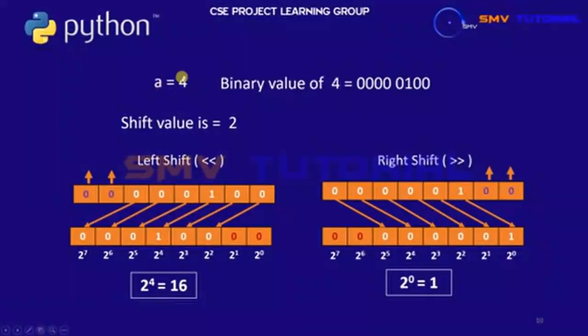First assign values, a is equal to 4. This 4 binary value is 0 0 0 0 0 1 0 0. And first left shift values by 2. First I take the left shift. First you assign your number 4's binary value. This is that 4 binary value.